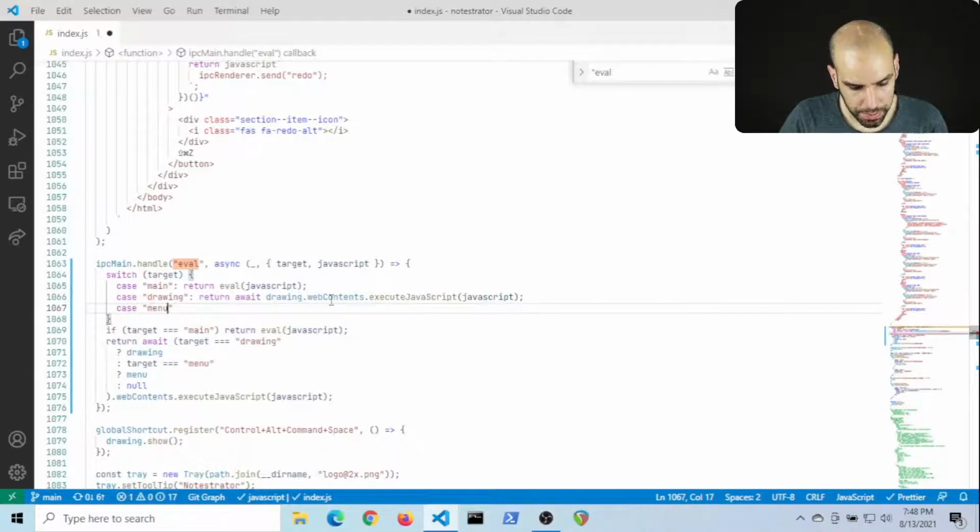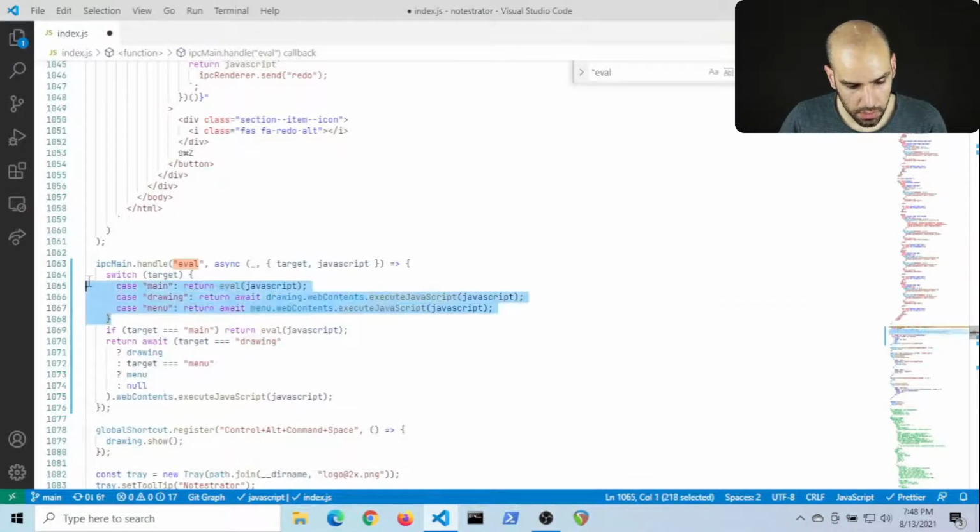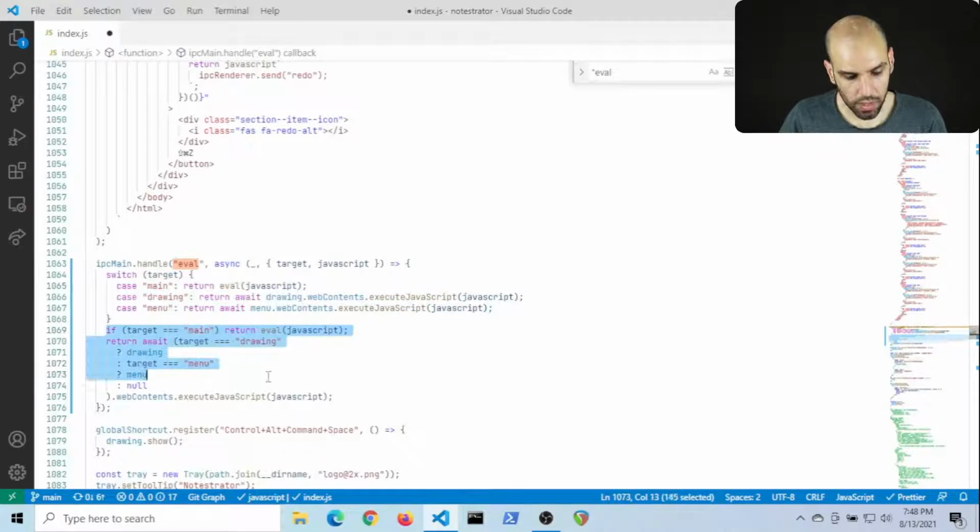And case menu, that's my menu window. This doesn't look as smart, but it's much more straightforward.